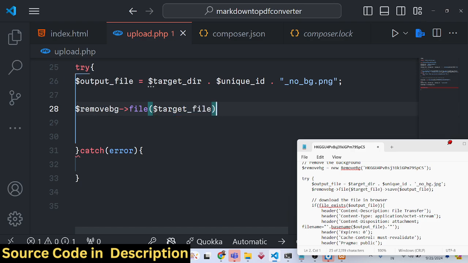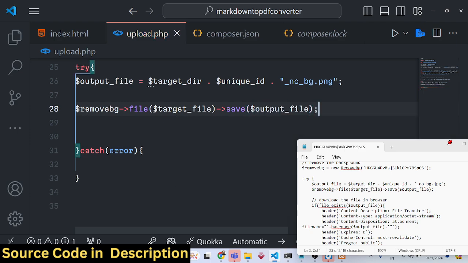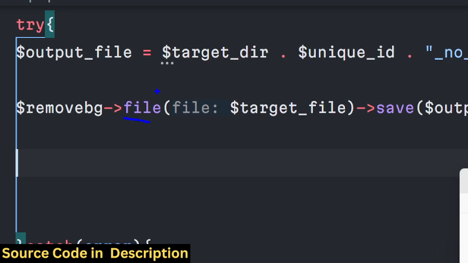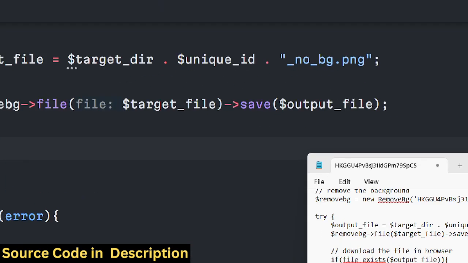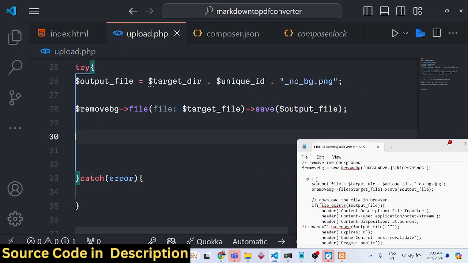We need to remove this background, and then we again need to chain it. There is a save method to save the output file inside this path, output file. That's all. You can see we are using these two methods. First of all, we are providing this input image, and then we are saving the output image in this. So we are simply using these two methods simultaneously, chaining it. And after you do this, we now need to download the file